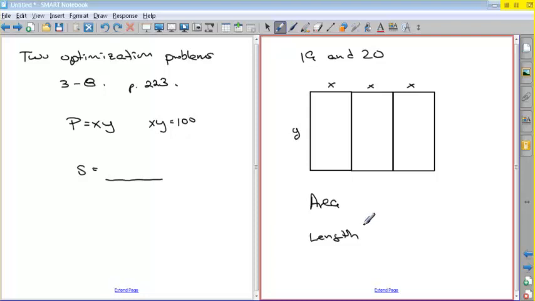So, like I said, I'm not going to work through the problem. Otherwise, I'd be showing you the exact answer. So, you have this case where you've got all sides of the fence. You also have, if you look at problem 19, the